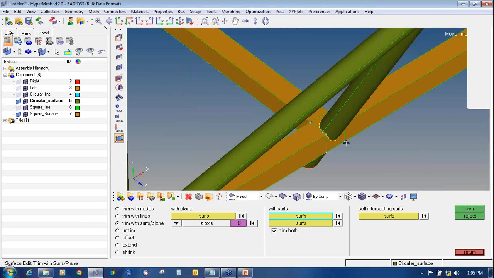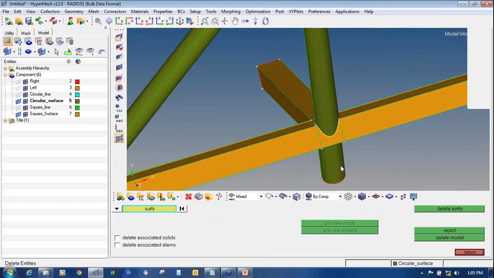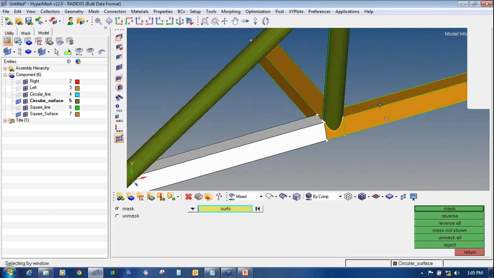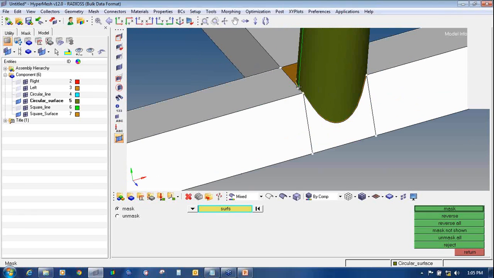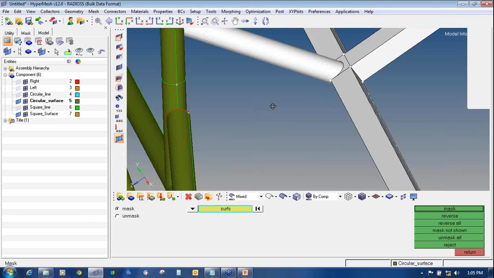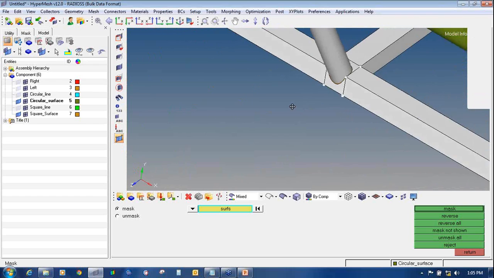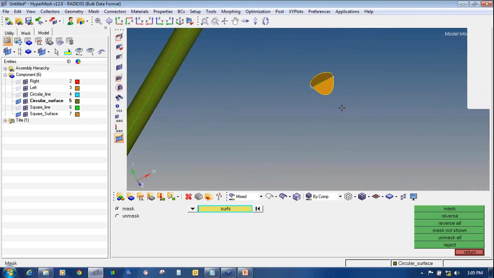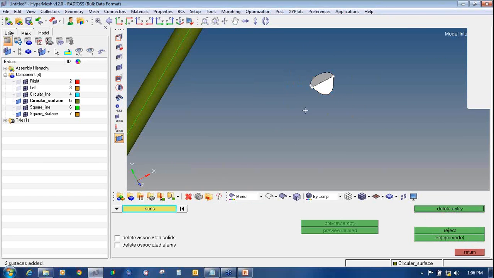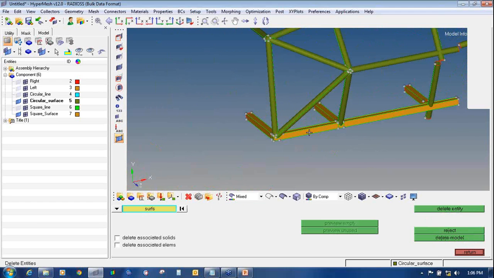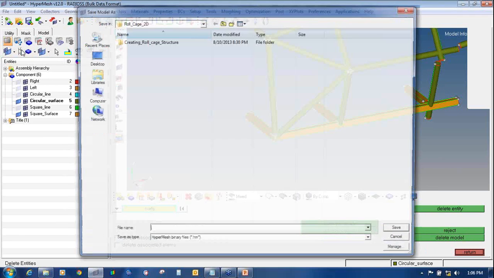say trim, delete the extended one, and delete. Then I will save it again,